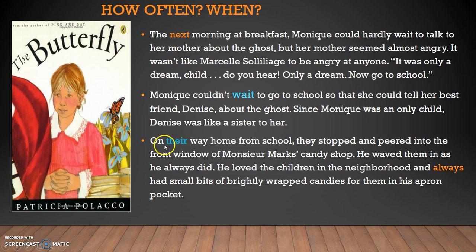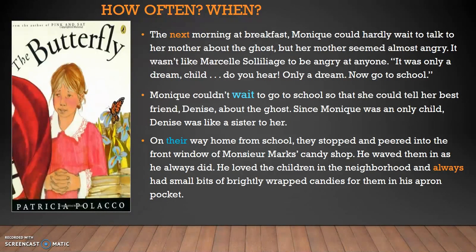And then right on this paragraph, on their way home. T-H-E-I-R is talking about the girls, on the girls' way home. If it had said on they're, T-H-E-Y apostrophe R-E, that wouldn't make sense. Or T-H-E-R-E wouldn't make sense because that is not the correct there. So when you're using homophones in your writing, you must ensure that you are using the right one and that you're able to edit others' writing if they are using the wrong one.